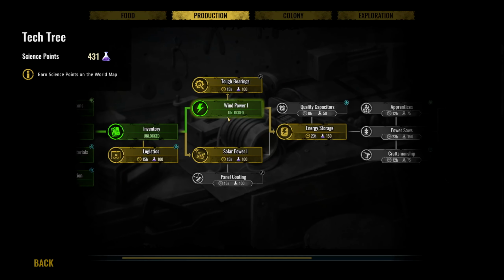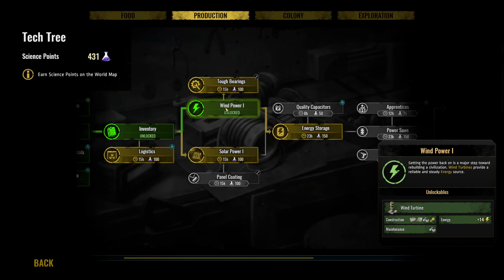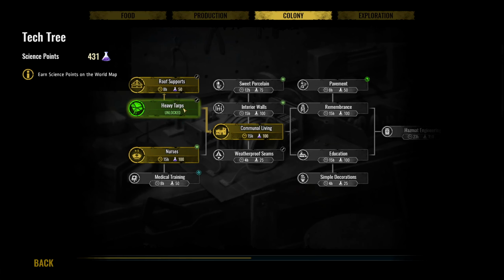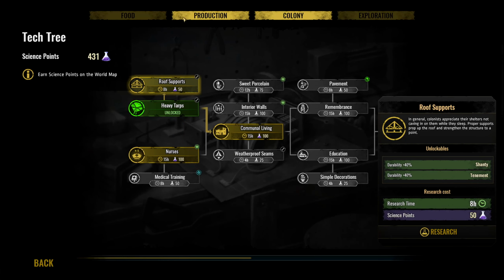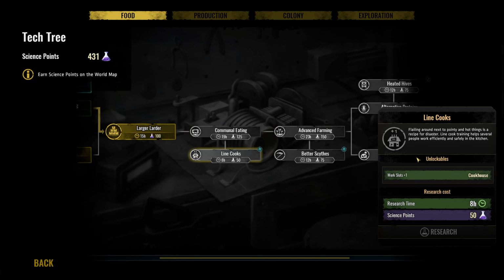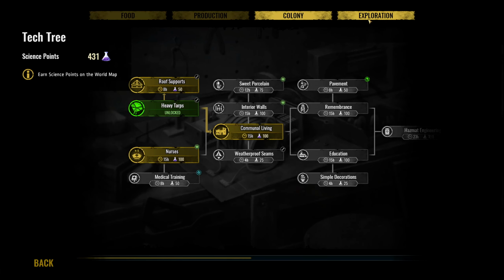Right now we still need to wait a bit for the resources for that. So wind power and then energy storage. We leave it at that in this tree here, production. We can go now for something else. For example, over here, roof support, food. Is there anything important here? Cookhouse and logging camp? Logging camp. Advanced farming. No, then we go for colony or